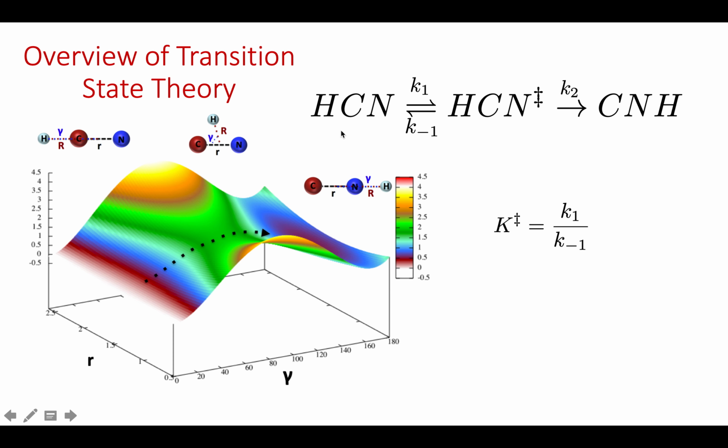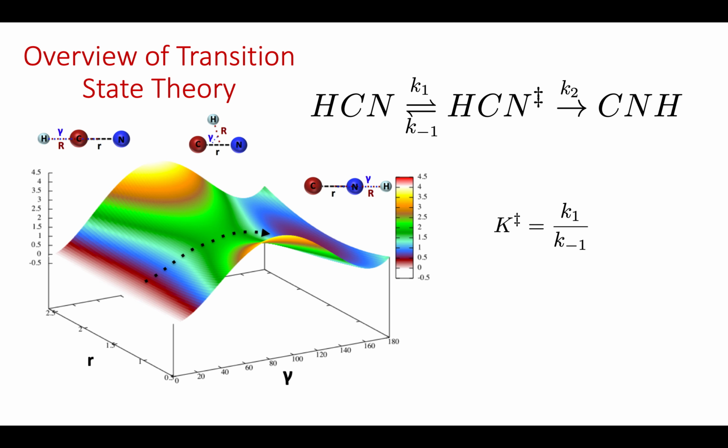Okay, and so the first step is reversible. So transition state can go to products or back to reactants, but we assume that once we're products, we will not go back to transition state. Okay, so crossing the transition state is the point of no return. Remember, that's why we say we assume we can't go back, even though, of course, in reality, we know that these things can be reversible, but we need to make this assumption